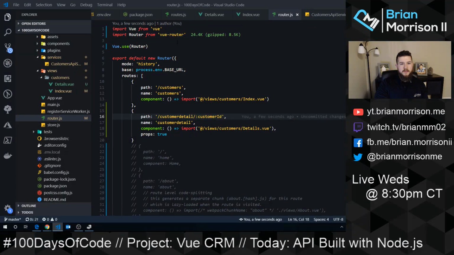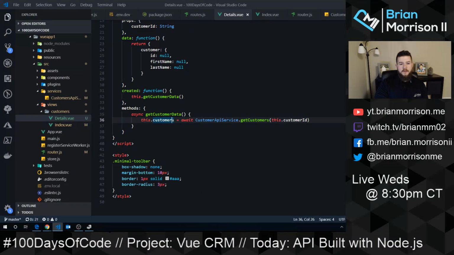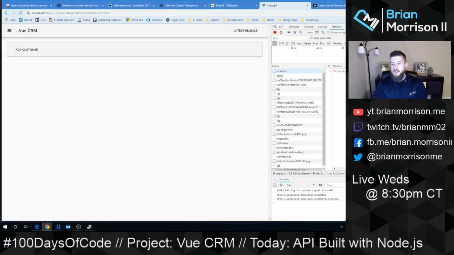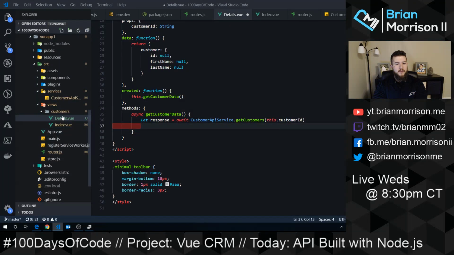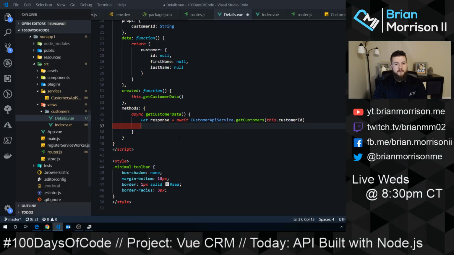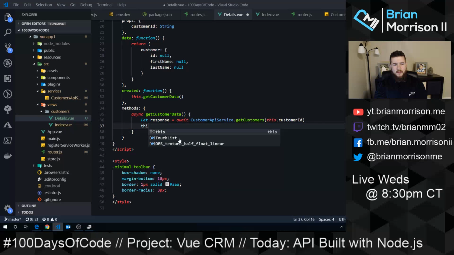So then let's go ahead and check our details view, and this.customers. Okay, there we go. So we'll do let response equals that, and it looks like it returned data. Returned the thing in data. Now, did I parse that out? Because it's still returning an array. So I did response.data.data. Okay, cool. So we will do this.customer equals